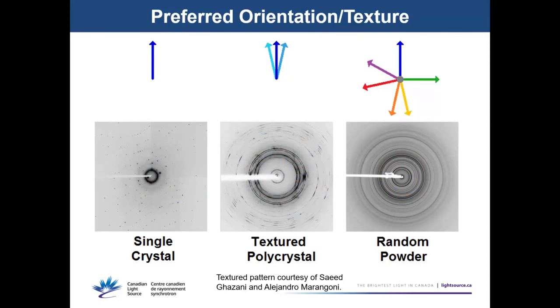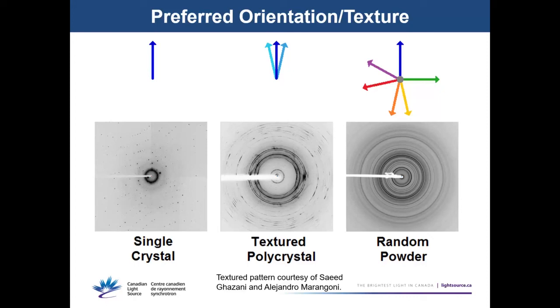And preferred orientation or texture causes systematic deviations in the distribution of intensities for a random powder. The middle pattern here is an organic material called beta-tristearin. Beta-tristearin is a very long, skinny molecule, which crystallizes in a triclinic cell with one extremely long edge, over 50 angstroms. So even in a capillary, it tends to show some preferred orientation,